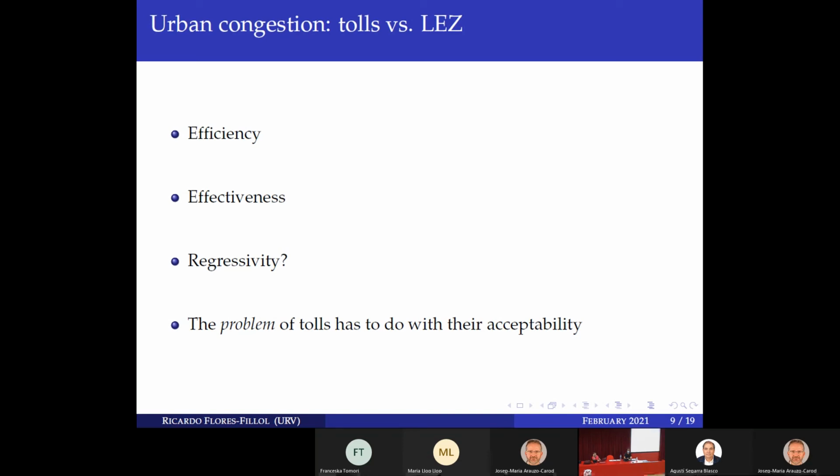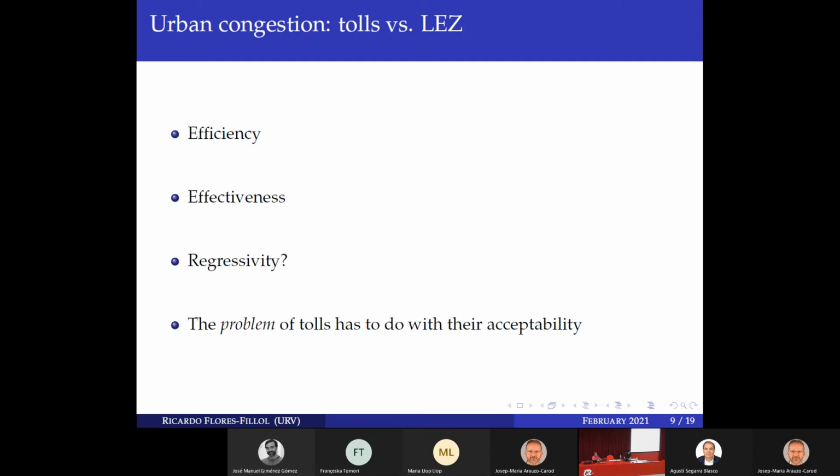So we should explain all these things that I'm explaining to you to the policymakers, but they don't want to do that. It's very unpopular, and it's funny because low emission zones are very popular, especially, and they are promoted by left-wing governments, and they hurt poor people, right? So they are very regressive, but they are popular.